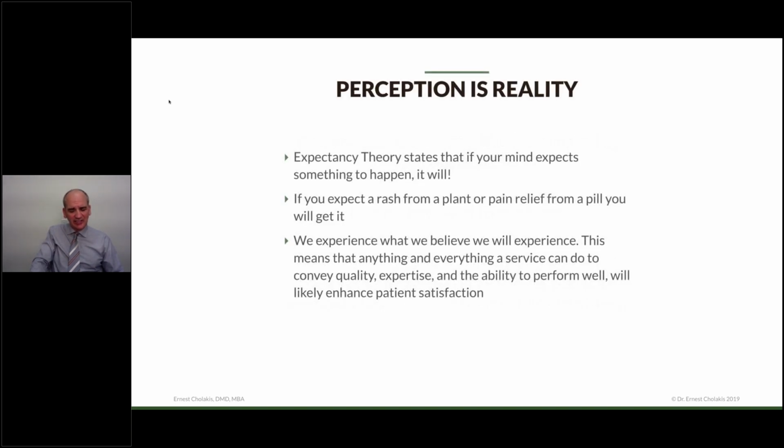Perception is reality. It doesn't matter what you think. What's important is what the patient thinks. And the expectancy theory states that if your mind expects something to happen, it will. If you expect a rash from a plant or pain, guess what? You will get it. We experience what we believe we will experience. This means that anything and everything a service can do to convey quality, expertise, the ability to perform well will